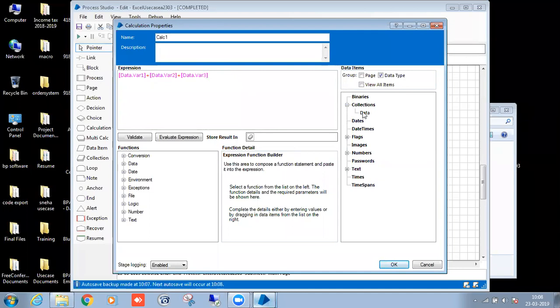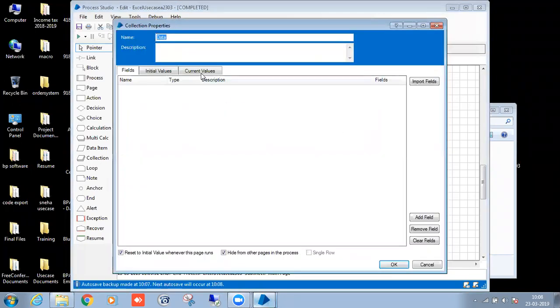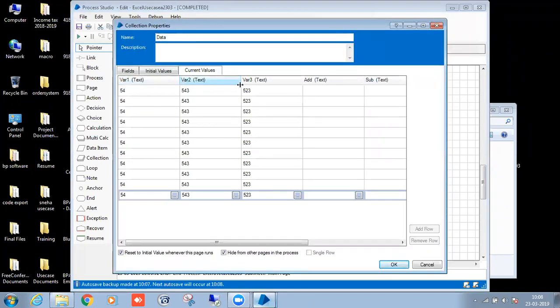That I need to store in the collection dot field name. What is my field name? ADD. Alright, I will check the field names are proper or not. V capital, V capital, V capital, A capital. So the same thing is given.